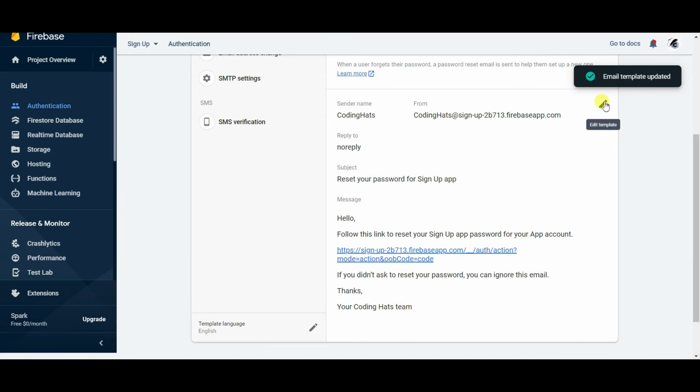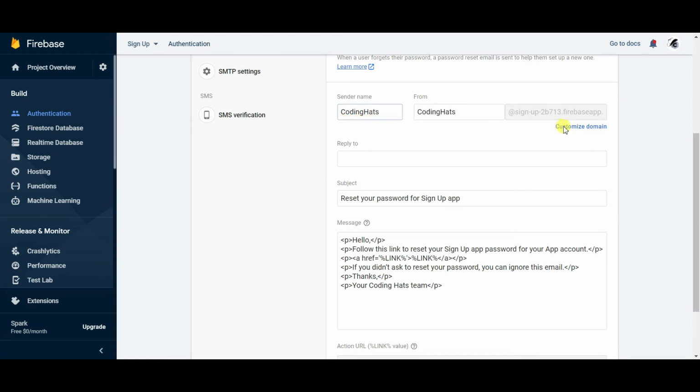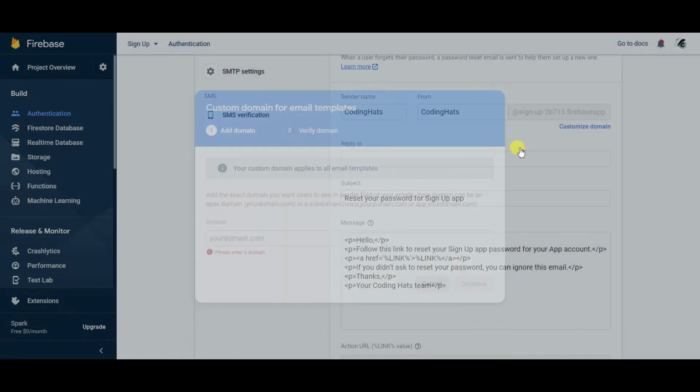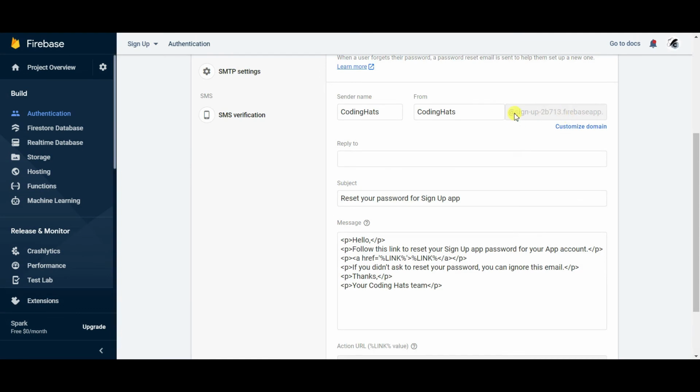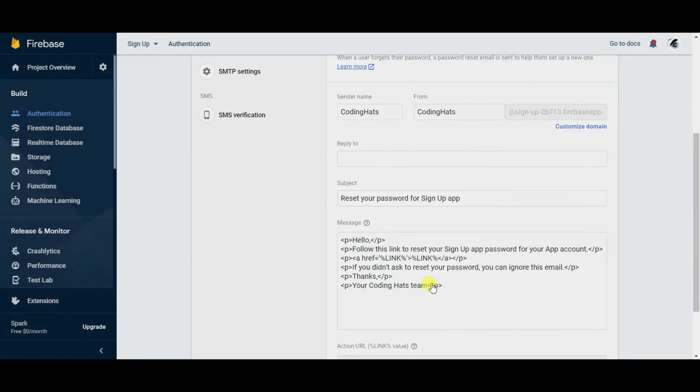And one more thing, if you want to add your custom domain over here, you can click on customize domain and, instead of getting the default @signup.firebase app, you can change this. You can add your custom domain, like gmail.com, instead of using the default domain.